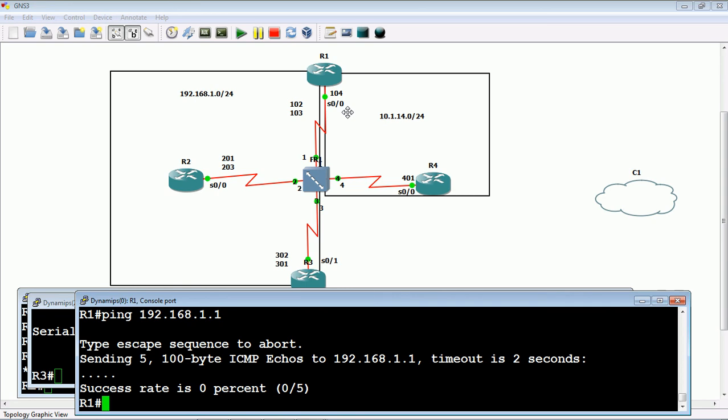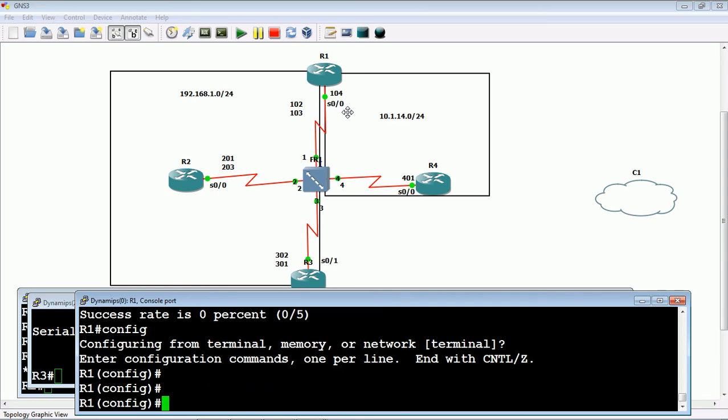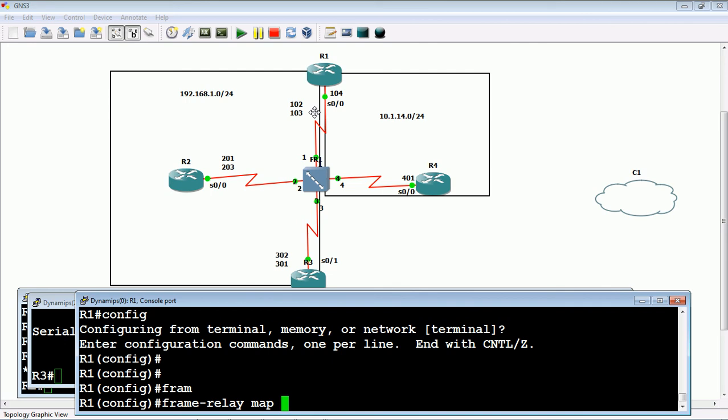So how to do that? I need a layer 2 address to give to ARP, right? What is ARP? I want to go to the particular MAC and get the reply back. So for this I have to map for myself. Then only ARP will work, or this ping will work. I want to map my particular IP address to a layer 2 address, not MAC, so that I can ping myself. How to do that? I have to map myself using frame relay map IP